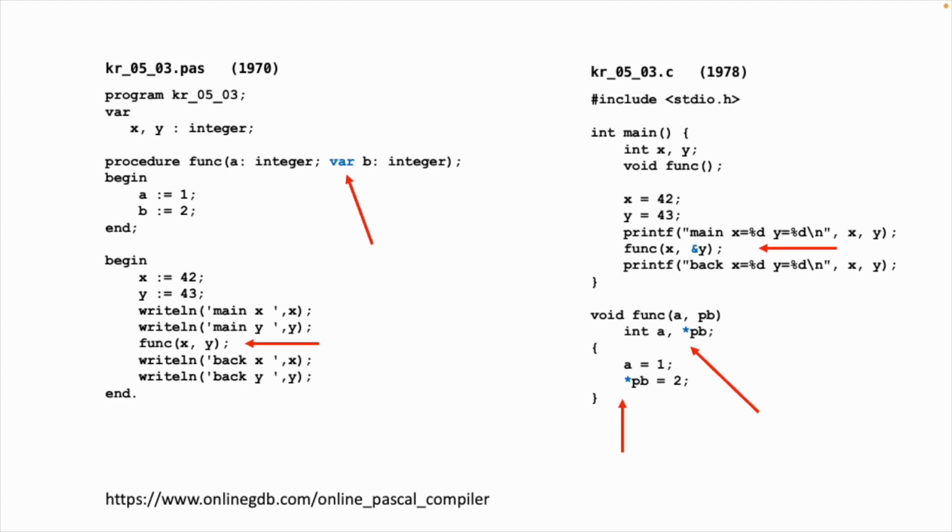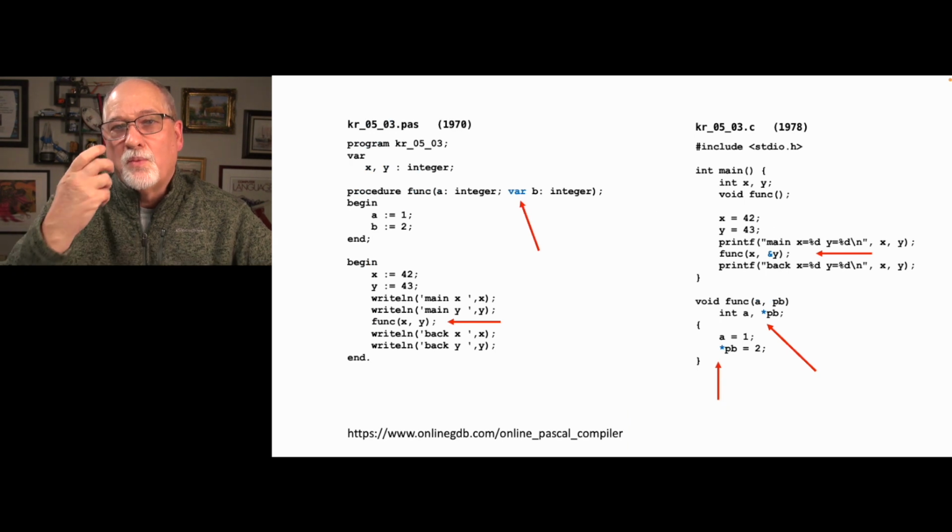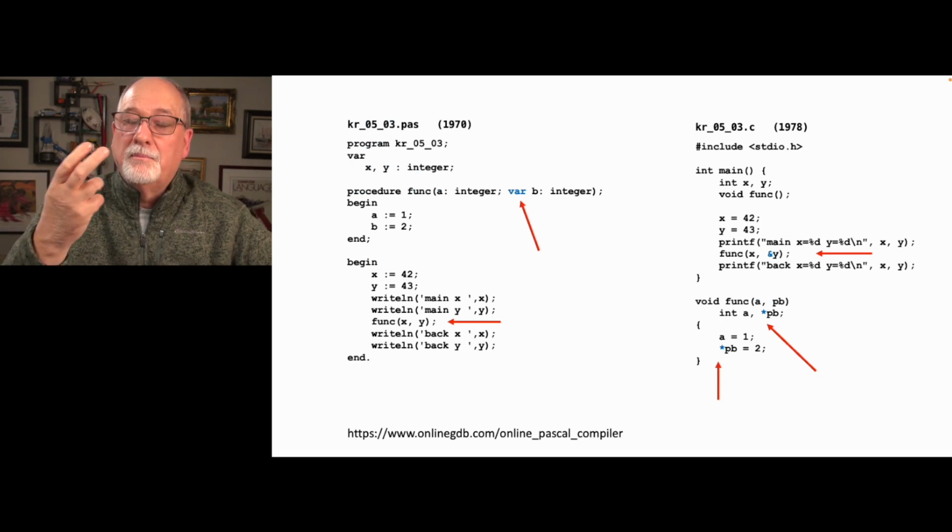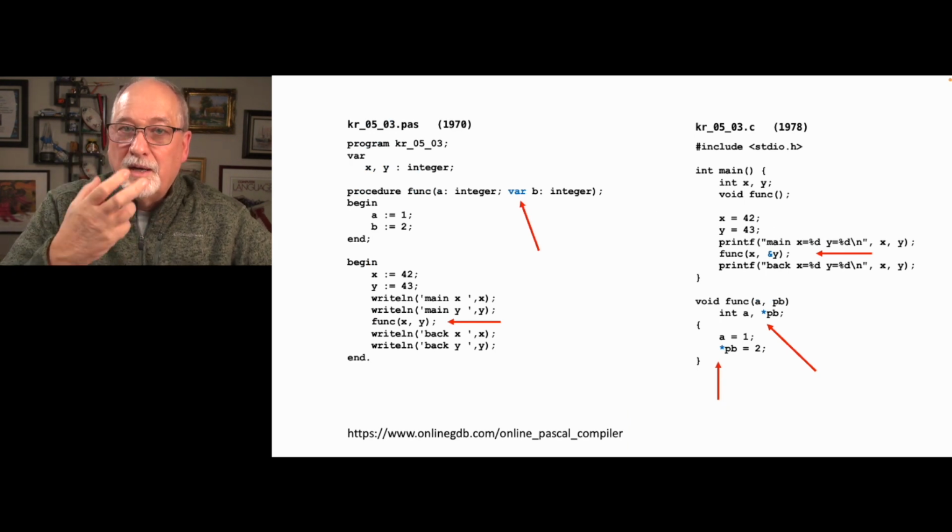And if you go back to the very first example in section 5.1, we're passing in a number, which we're actually passing in by value, but the value is the address. And then inside the function, we take a and then a pointer to b, pb, and we say that a is just an integer and pb is an address of an integer by adding the little asterisk there. So the address, where it's at, has been passed by value, but using that value, we can dereference it and